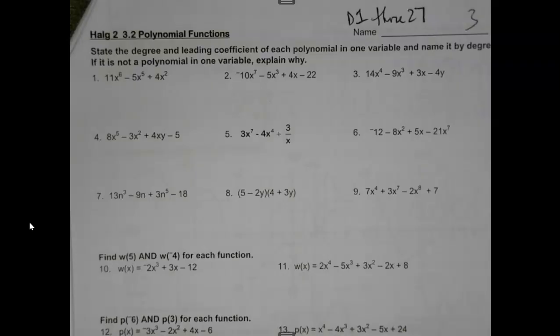Sure. If you want to go on the even route instead, I have fully worked out stuff for evens. Not to just copy, we know where that gets us. But if you want to have questions on things and look and go, okay, I want to actually be able to check fully what's going on, I'm happy to let you use that. That's fine. But otherwise, the odds are on the back of this. The odd answers are there. I double-checked last night. I think they're on. So if you need that, check those. But do some. Do a little of each part tonight. And that way, tomorrow when we get together